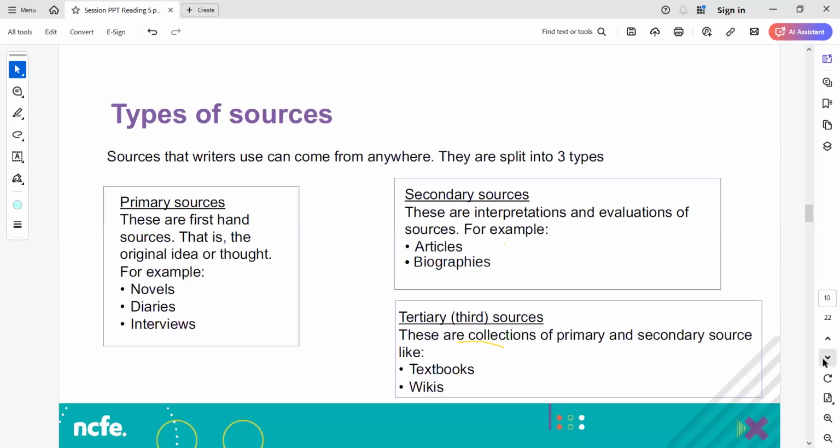Okay. Moving on to types of sources. So sources that writers use can come from anywhere. They are split into 3 types. So sources are the inspiration, the facts, the content, where that comes from. There are many different types of sources and they can come from all different places, but they are split into